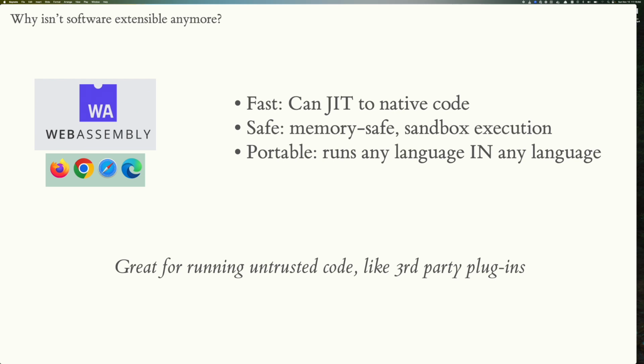So what I think has changed here is a technology called WebAssembly, which I'm not going to go too into a bunch of details about, but here are some reasons why it's really cool. WebAssembly is this new technology that is perfect for running untrusted code. So it's perfect for running these third-party plugins in a safe way and protecting the application from that plugin or that code doing something bad. So if Windows was using WebAssembly for the mouse cursor customization thing, and they shipped a vulnerability, it would not have affected Windows in that case.